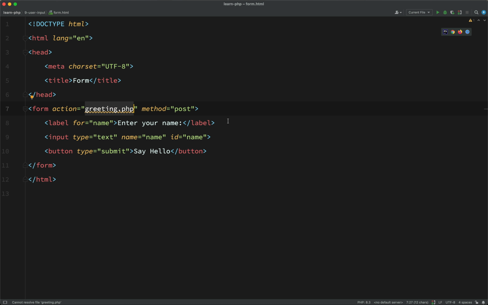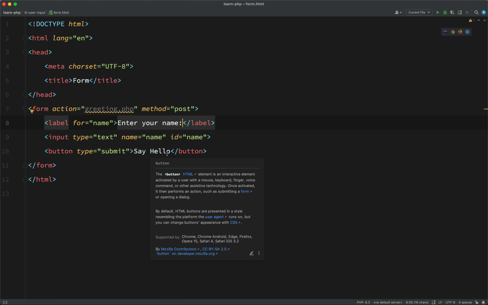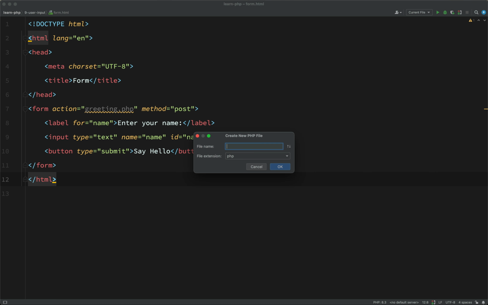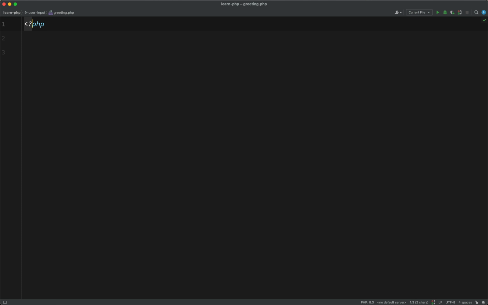And so just going to be one field here. It's going to be an input of type text, and we're just telling the user to enter their name, and then we click a button which says say hello. Okay, so let's go ahead and create greeting.php. So the PHP file has the opening tags, and then what we want to do is we want to take